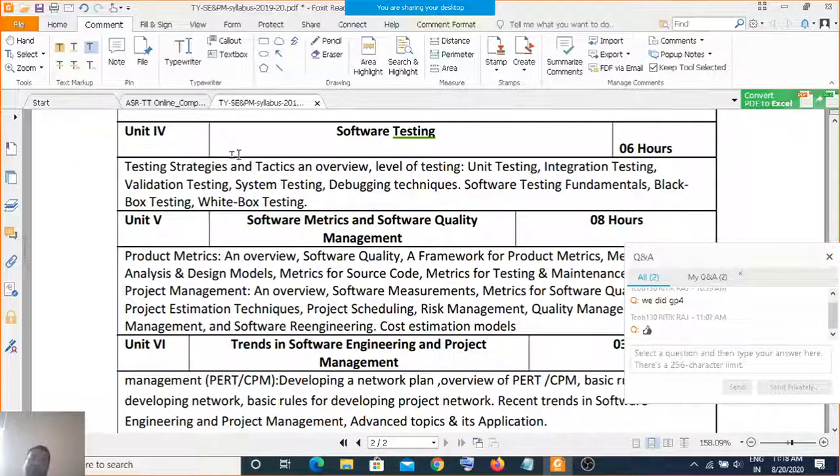So in the same way, levels of testing exist. In which phase exactly is your software? That you have to identify first. Suppose your software is in the initial phase, with only a few lines of code, and you go on testing it for heavy load, your software won't work. So based on that, you need to decide the level of testing.